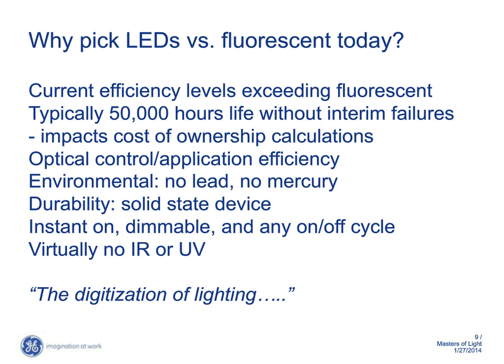LEDs have great optical control, really being able to get light where you need it. In the case of some of these retrofits, really making fixtures more efficient, really not depending on so many parts of the fixture to deliver light down into my space. The fact that LEDs have no lead, no mercury, we really don't know how to make mercury-free fluorescent lamps, so,